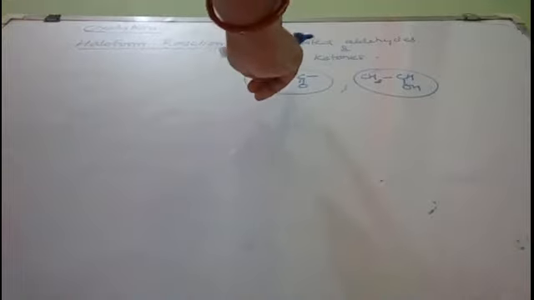Hence this reaction can be used as a distinguishing test to identify compounds containing this methyl carbonyl group. If it forms the yellow precipitate, it means it contains this group. So that is a distinguishing test for the compounds containing the methyl carbonyl group. So let us have a look at the reaction.